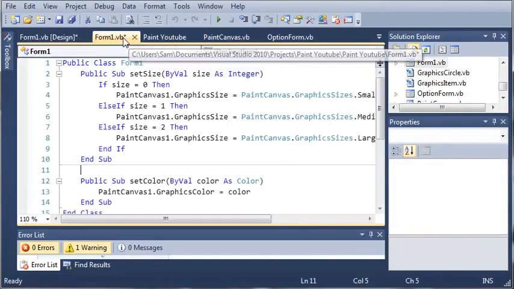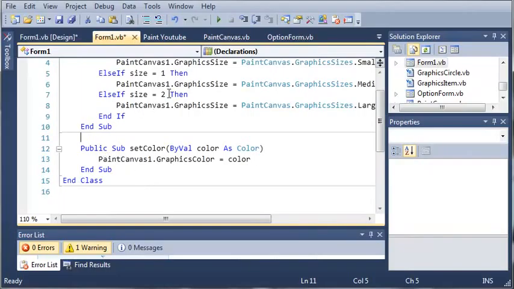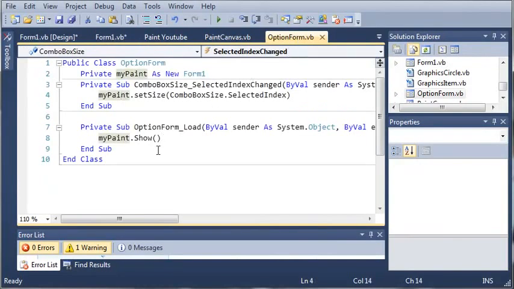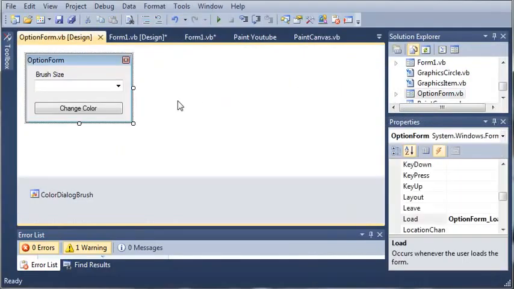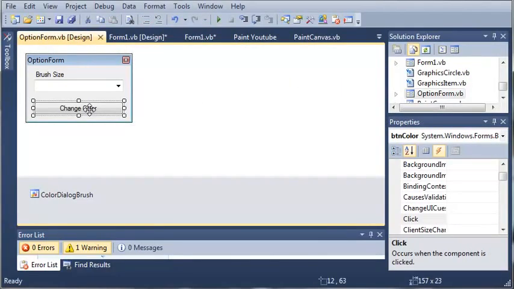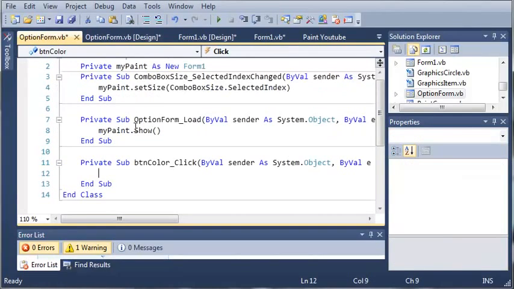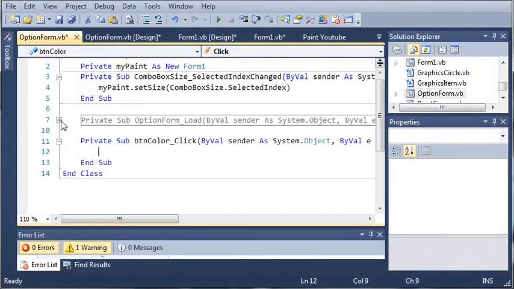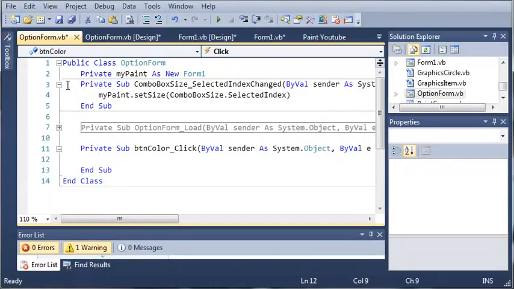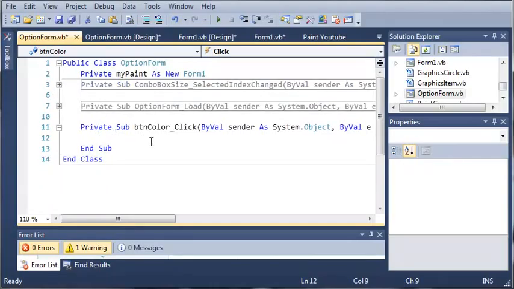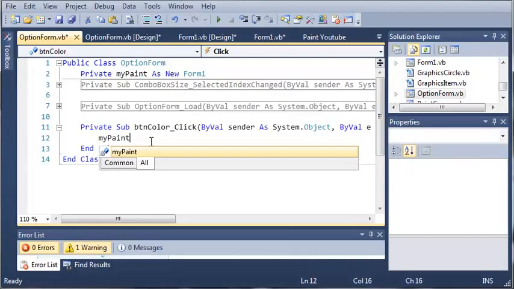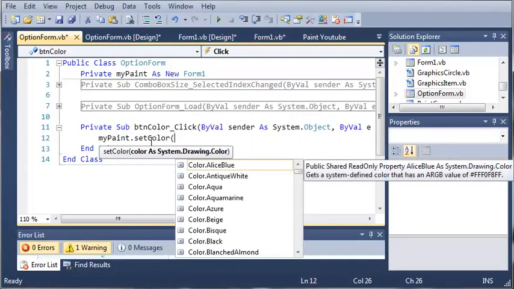So we'll go back into Form1.vb, and now what we need to do is go into our option form, and we need to add the SetColor method, or we need to call it. So we'll come back into the designer for OptionForm.vb, and let's just double click on change color. So when they click button color, what do we want to do? Well, we want to set the color. So we'll call MyPaint.SetColor, and then we'll just do